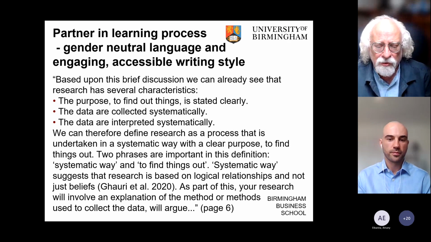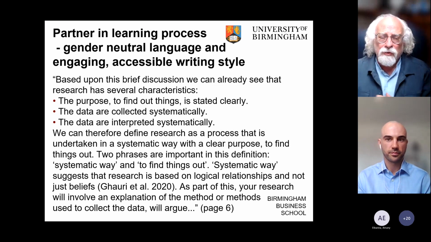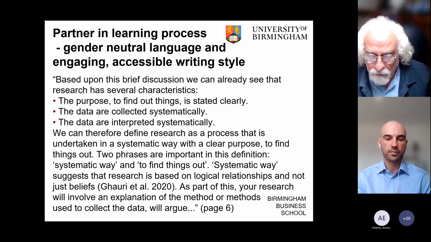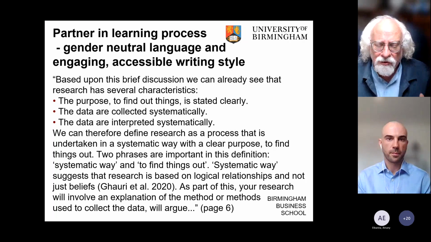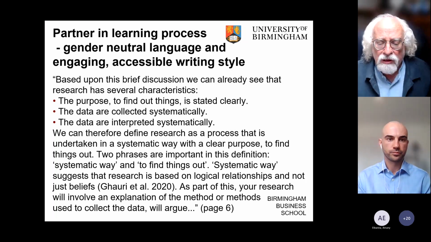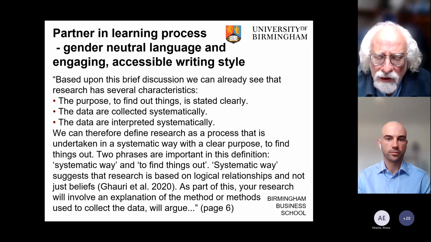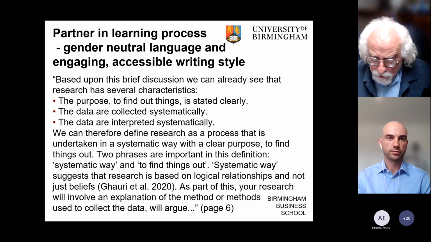So that first sentence, which comes very early on, where we're talking about what is research, we've had a bit of discussion in the text, and we say, based upon this brief discussion, we can already see. So we're trying to say you're part of what we're doing, we're doing this together. And then we talk about the purpose of research, and again, we can therefore define it. So we pull the students into this. But then obviously, as lecturers, we're also trying to enable students to do their own research. So in the last part of this quote, we're actually saying to them, as part of this, your research. So we're saying, OK, this is what we've seen together, but when you take it and move it forward as part of your research,